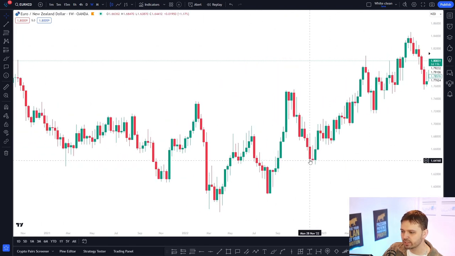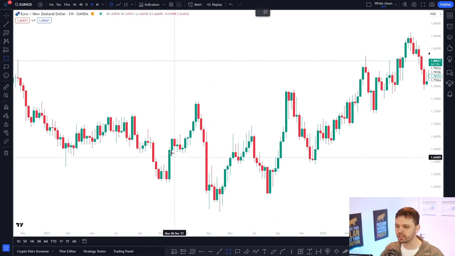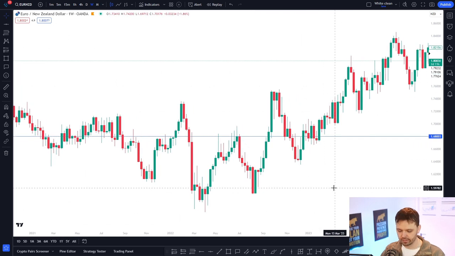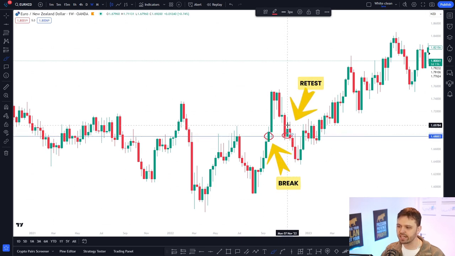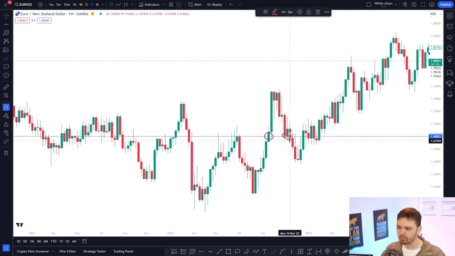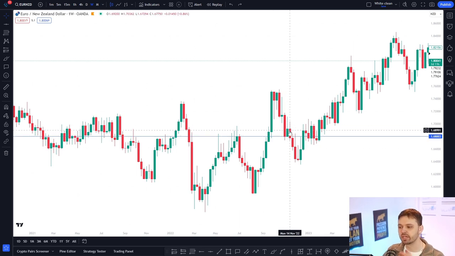Well, on the weekly, the break and retest can look very different. We can add a horizontal zone, maybe just add a line here. So you have a line here, and you see that you have an area where price is breaking above here. It's retesting right here. The bounce is not super big, the move is not very strong, but still it is a break and retest, and this is on the weekly. So of course, if you are going into lower time frames, you look at this as a weekly break and retest, and then you go into lower time frames to get a better entry. Still, you would have gotten a fairly good trade here, and I'm going to show you how to do that